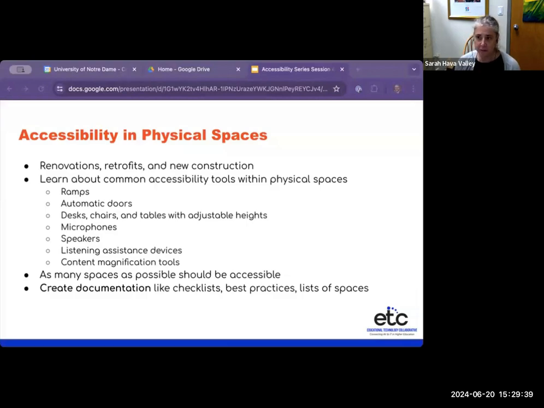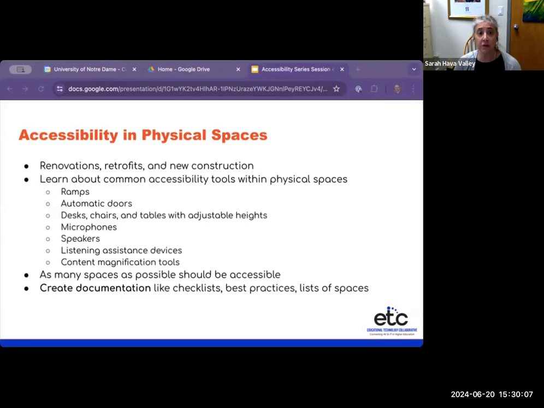Funding and resources are limited. So we encourage you to try and use tools to basically create documentation. So like checklists, best practices, and a list of what tools each space has. So think, for example, about someone who's updating a computer lab, right? If you had a set of standard accessible classroom rack equipment that you're putting into that space, that would be